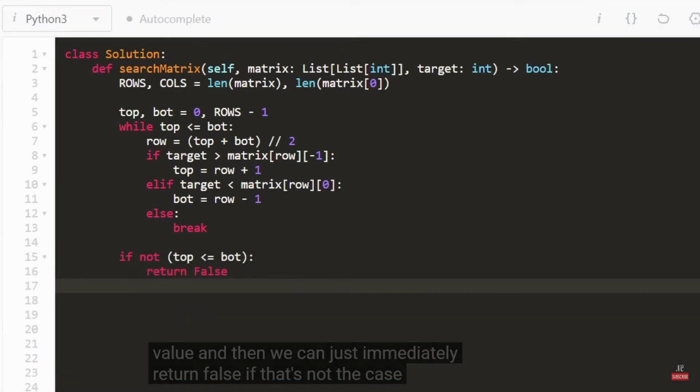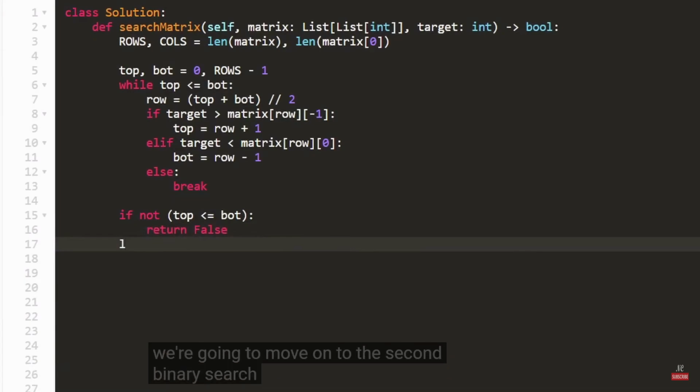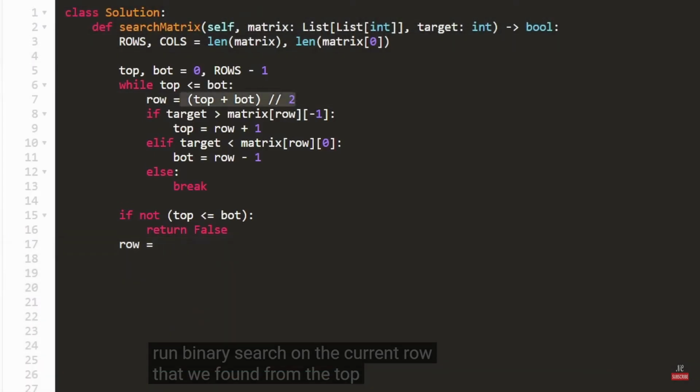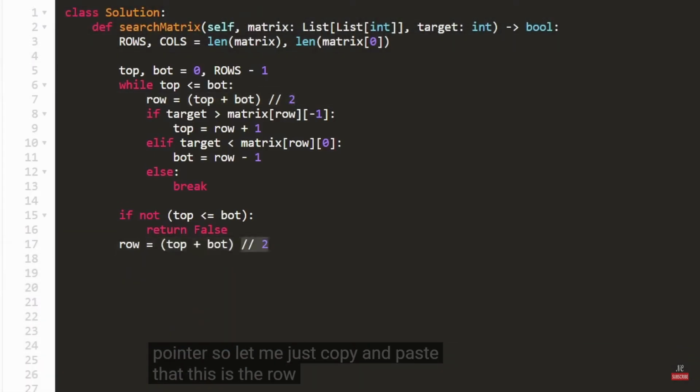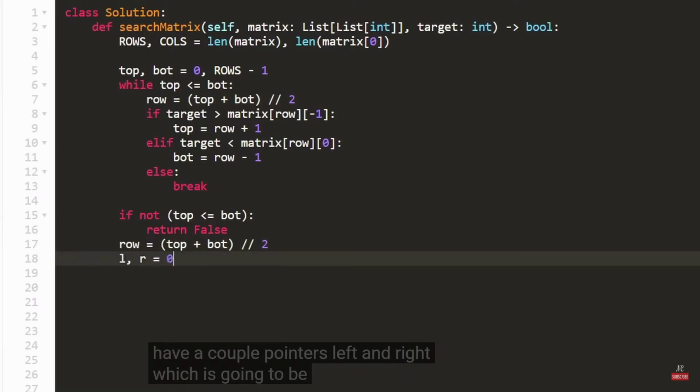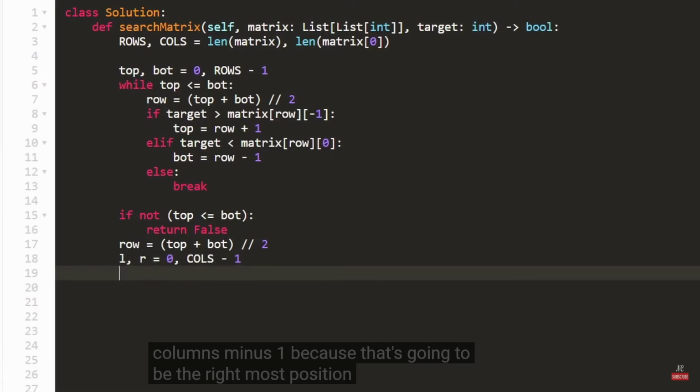If that's not the case, then we're going to move on to the second binary search portion, and we're going to run binary search on the current row that we found from the top and bottom pointers. So let me just copy and paste that. This is the row that we're going to run binary search on, and we're going to have a couple pointers left and right, which is going to be 0, and columns -1, because that's going to be the rightmost position in the row. And we're going to do pretty much the exact same thing that we just wrote above, a second binary search while left